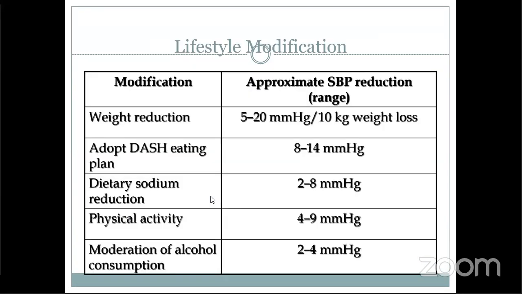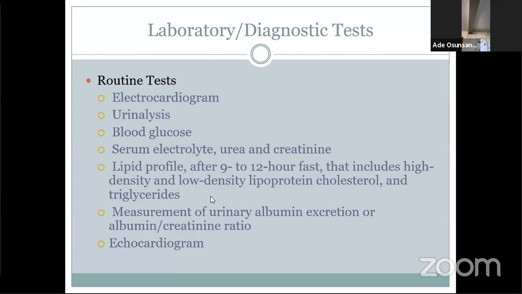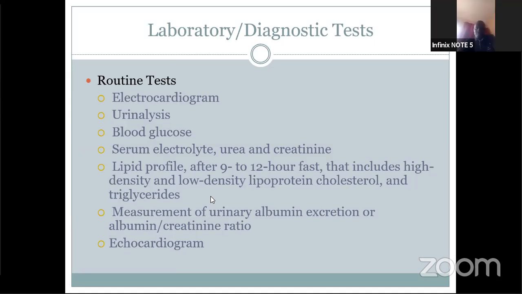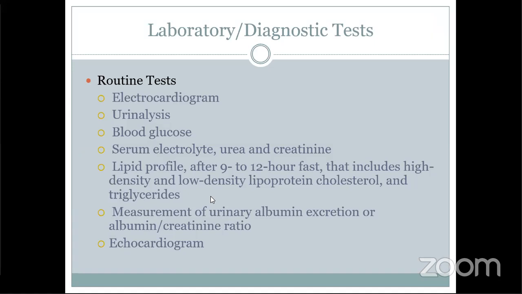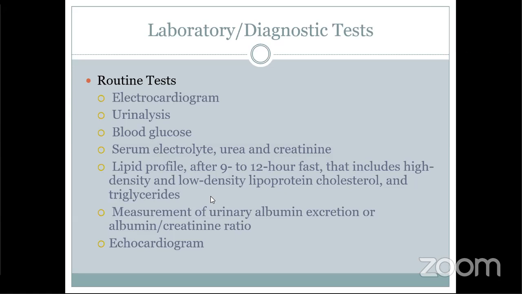For example, presence of proteins in the urine will point to the fact that the kidney is already being affected. Blood glucose, Dr. Jimmy spoke about blood glucose the other time, because many patients that are diabetic could also end up becoming hypertensive. Likewise, many hypertensive patients could become diabetic. So, under serum electrolyte, urea, and creatinine, we want to assess